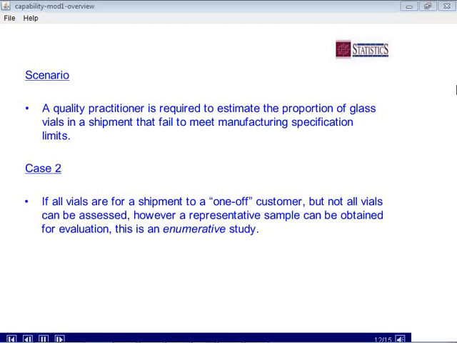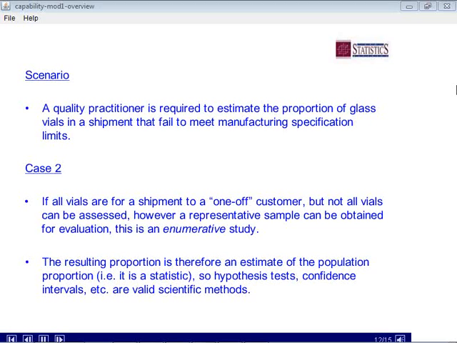Now, in that particular situation, the study that's being performed is called an enumerative study. The resulting proportion that we obtain from this smaller representative sample is therefore an estimate of the population proportion. It is a statistic. So in this particular case, if we wanted to perform hypothesis tests, let's test whether the true proportion is equal to 5% or whatever it is that we want to consider, then that would be an okay thing to do. If you wanted to obtain, let's say, a 95% confidence interval for the true proportion within that